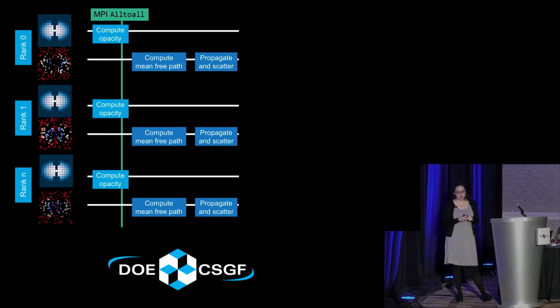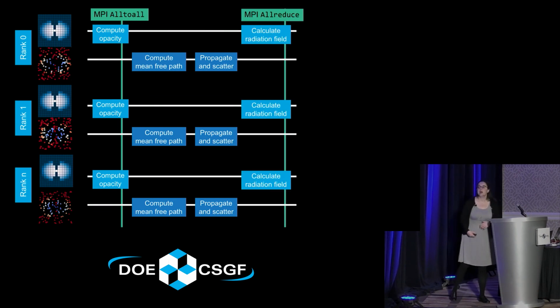And all of that propagation and scattering is the main part of where this code really is Monte Carlo, in that there's some statistical distribution of how far a particle will travel given its mean free path. We sample from that. We also sample from the distribution of the scattering angle that it can have after different types of electromagnetic interactions. So after all of that's done, which tends to be one of the more expensive steps,